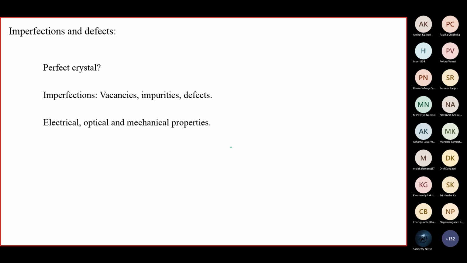But I said the lattice is the ideal case because it consists only of a geometrical array of points. What we are talking about is a real crystal. In a real one, we expect each and every lattice point to be occupied by an atom. Let's call it an atom, and not complicate it by saying molecule.